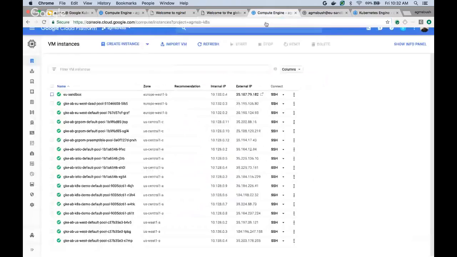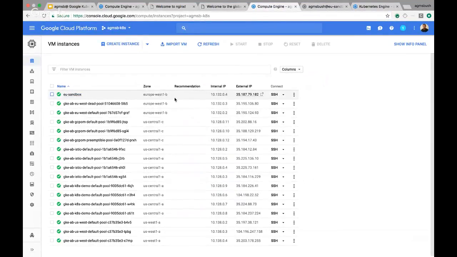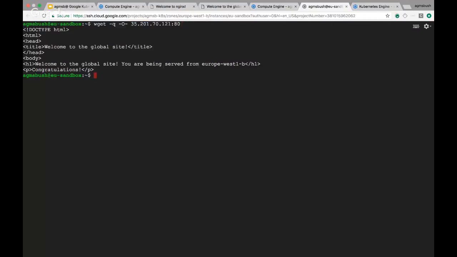But I do want to show that I also have a virtual machine in Europe, europe-west1-b. I'm actually forgetting what geography that's in. Nevertheless, I want to hit that same virtual IP address and see what we get. Now we see that I've been served by a different Kubernetes cluster that's pulling metadata of what zone it's running in. We see that we're served from europe-west1-b. Typically you'd have to implement this at the DNS layer or something like that, and this is something that we get just from our integration with Google Cloud Platform.